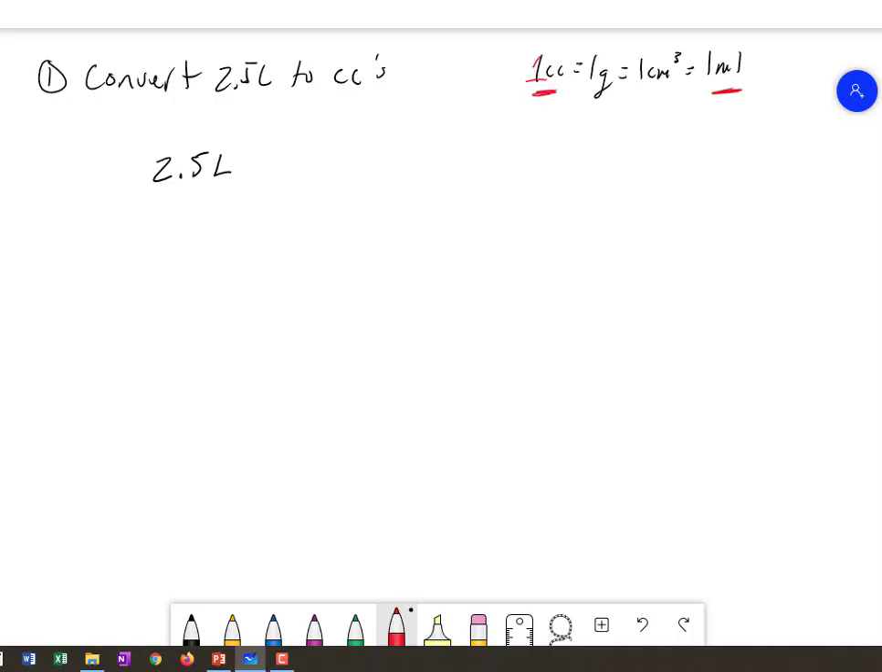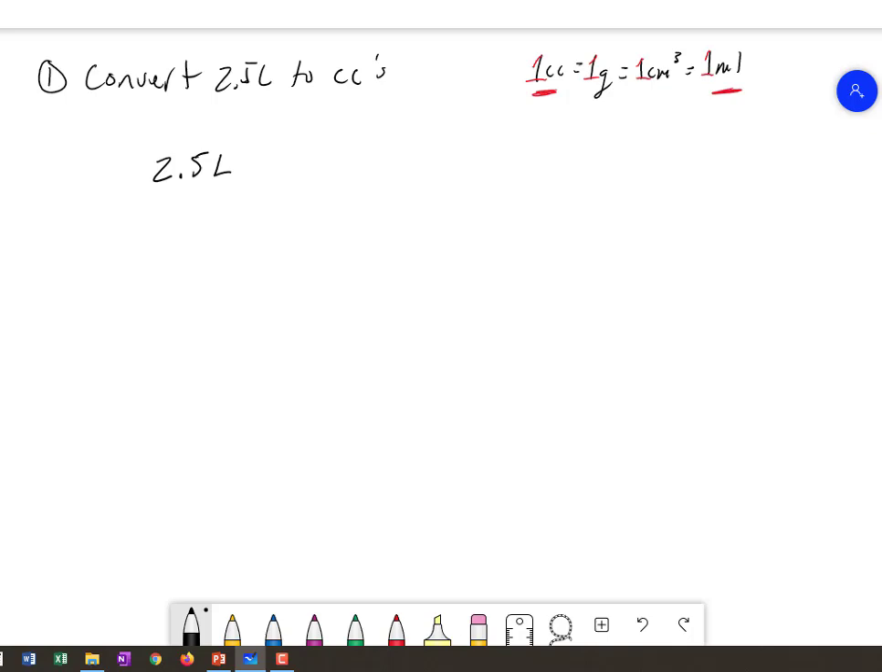Okay, so our first problem asks us to convert 2.5 liters into cubic centimeters. So the way that you should always do this is start off with what you're given. So in this case, we are given 2.5 liters. And I'm just going to write down this conversion set for you. So here we can see that we have a conversion where we can relate milliliters to cc's over here. So this is 1 cc, these are all ones. So we know that 1 milliliter equals 1 cc,